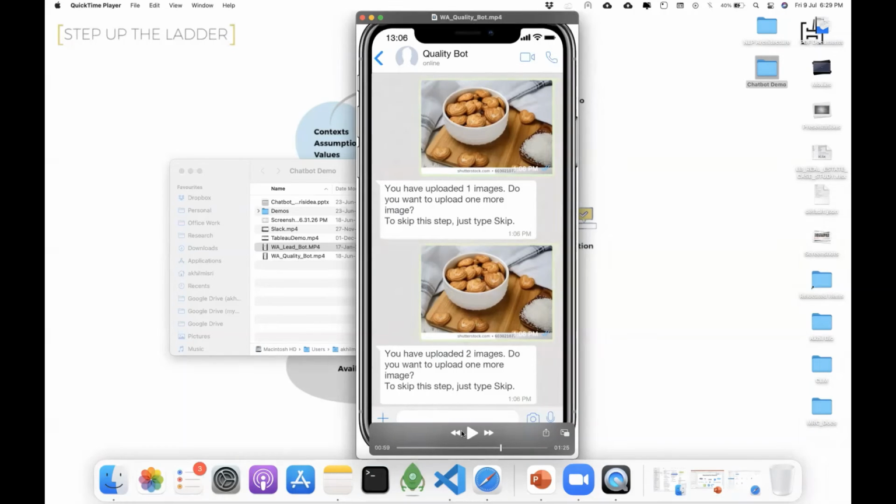My bad. Little Hearts is actually the brand name, and the company's name is Britannia. Both the answers are correct. So Britannia is the company which is using this chatbot right now in their internal team. There are a couple of hundred users actually using this chatbot to report any quality issues they are facing. They get carton boxes in which biscuits are filled up, and these are sent to some of the internal teams for review, tasting, and so on.